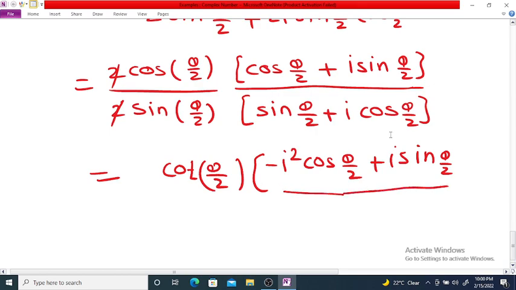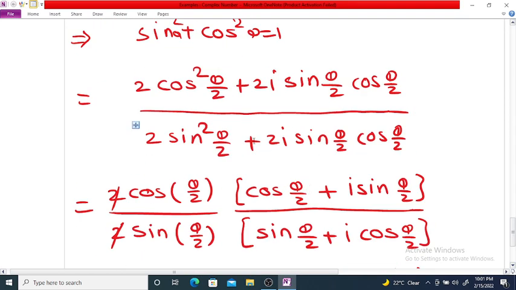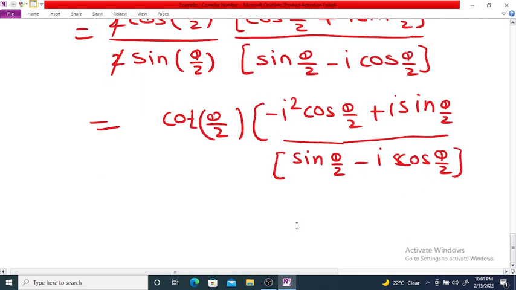there is one correction, because of this minus sign this plus becomes minus, so we want to make this minus here, this is minus, and here also it is minus sign, so it is sin theta by 2 minus i times cos theta by 2, and from the numerator if we take minus i outside,